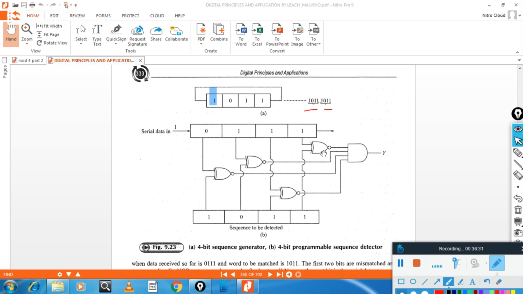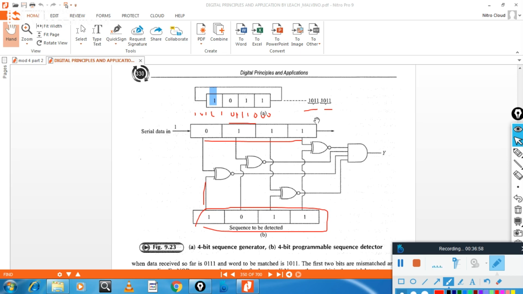Now this is the detector, to detect. Suppose you imagine data is moving like 1, 0, 1, 1, 1, 0, 1, 1, 1, 0, 0, 0, something like that. You want to detect this pattern. Where is this pattern here? Here. You can see this pattern is there. You want to detect it. So what we do? We will connect this to exclusive NOR gates. So all the bits go to the exclusive NOR gates. I want to detect this pattern. See here, sequence to be detected.